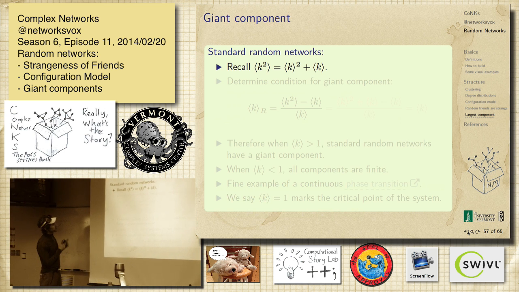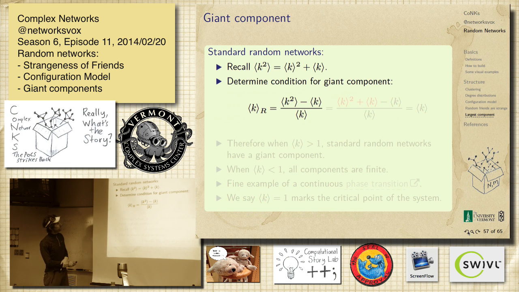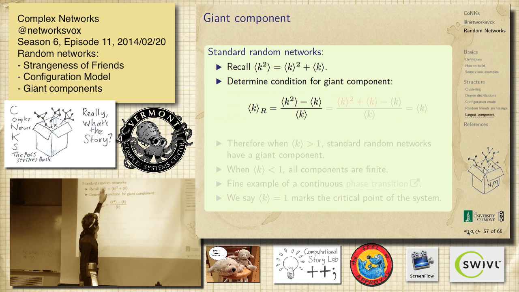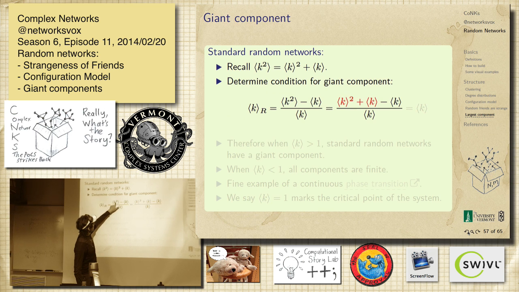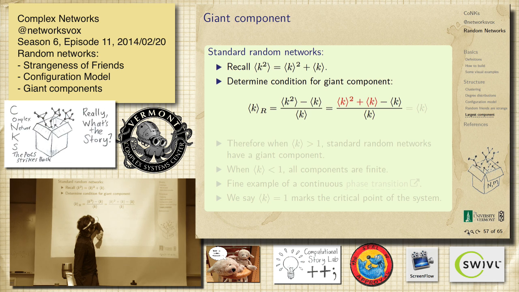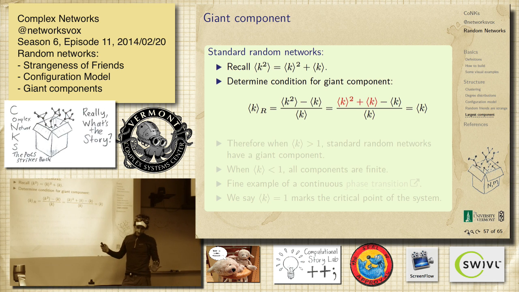All right. Okay, so this is a step back to the Poisson ones, just to see how they behave. Our condition for the giant component is that this thing has to be greater than 1. So let's put this stuff in. The second moment is the square of the first plus the first again. We stick that in here. Boom. Again these two things disappear, these things cancel, and we get the average degree. This turns out to be a very simple thing. For Poisson, it's just sitting right there.